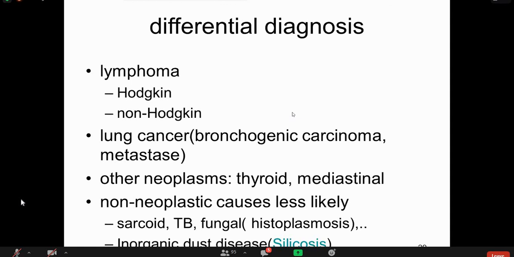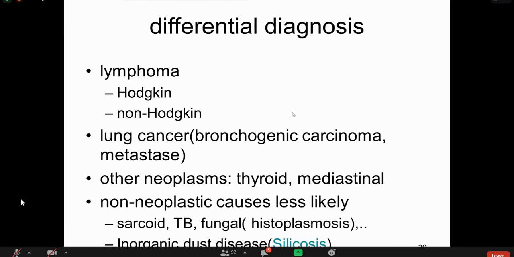Please remember that if you're a good student or a good clinician, you must be able to give at least 3 to 4 differentials for anything which is coming in front of you. It can be a CBC, a peripheral film, a chest X-ray, or even a patient. If you're competent enough, you should have the capacity to give at least 3 to 4 differentials at your level, at the student level.